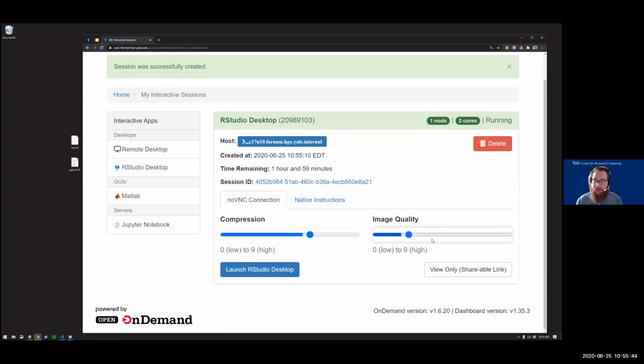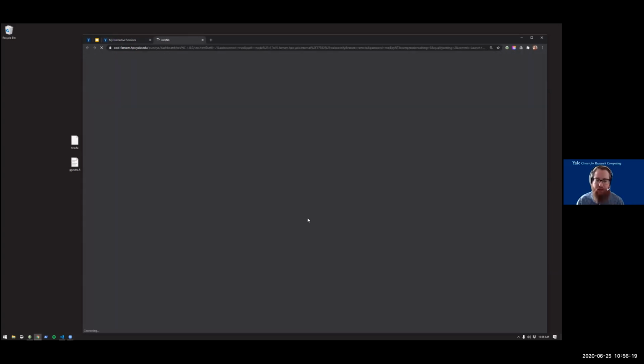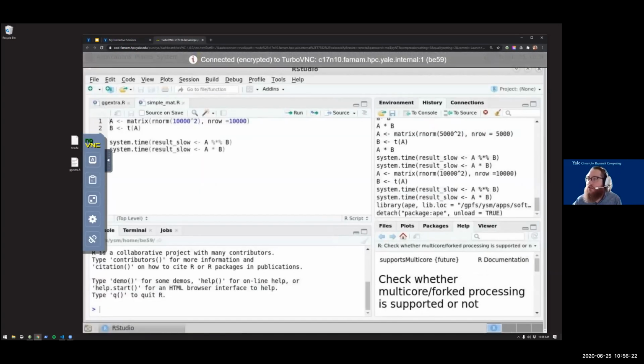You have some options as to how crummy the desktop session looks. I tend to leave these at a little bit lower image quality, higher compression, which can look a little ugly, but overall it'll give me better performance in terms of my interaction with the compute node. So I like to leave it there, but if, beauty above all other things, you can fiddle with these slider bars and you can go from there. So while I click on this launch, I'm going to go back through a few of the questions.